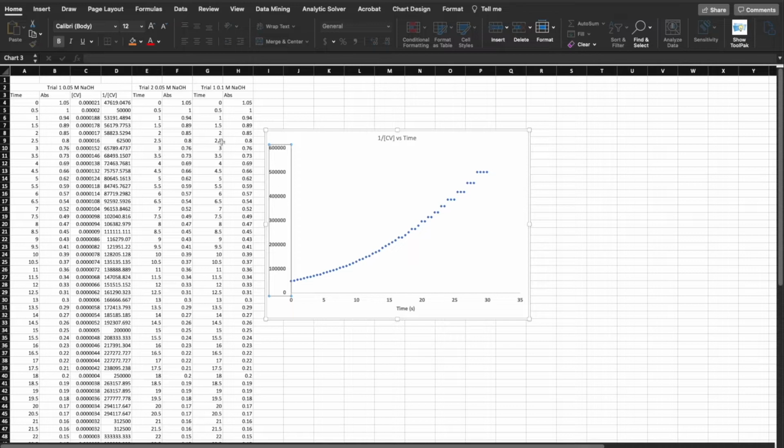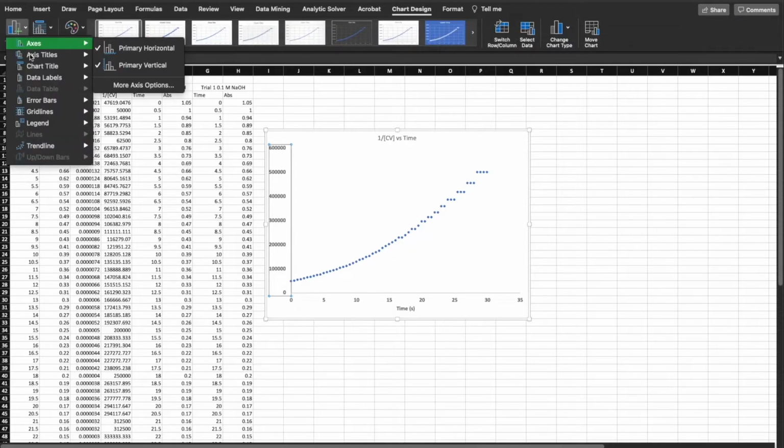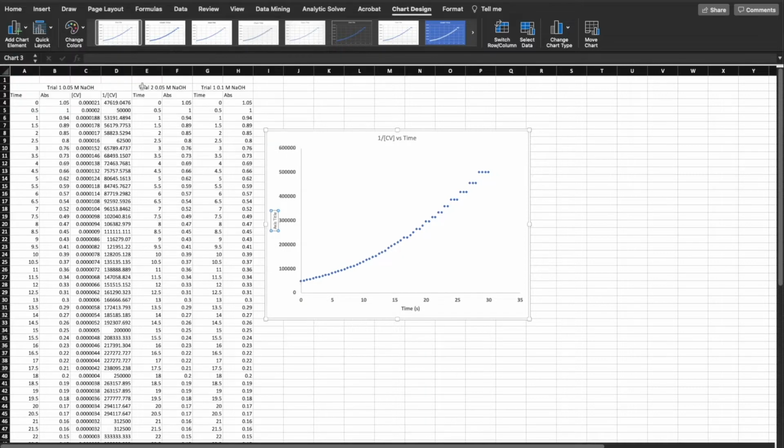And then on this side, you can do the same thing again for the y-axis. You can go over to chart design, go to chart elements, and you're going to do axis titles. And now you're going to do the vertical, the primary vertical, right? And this is just the 1 over, let me just get rid of the default that's already there. So 1 over